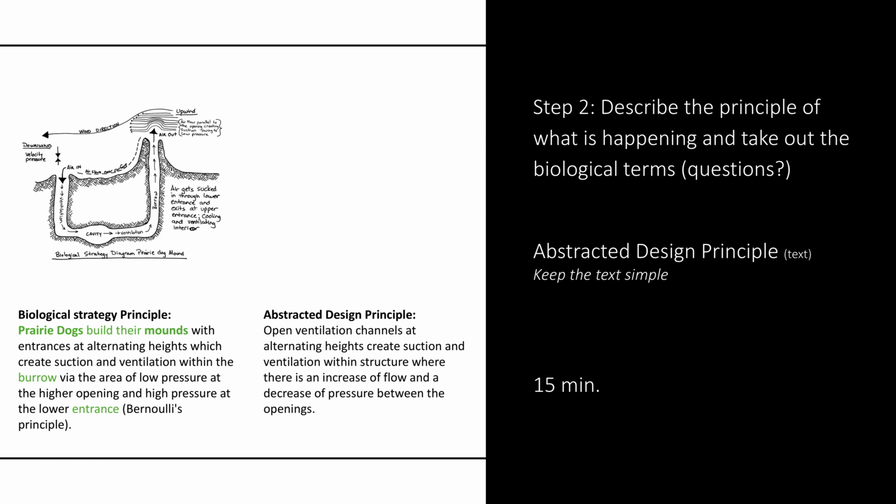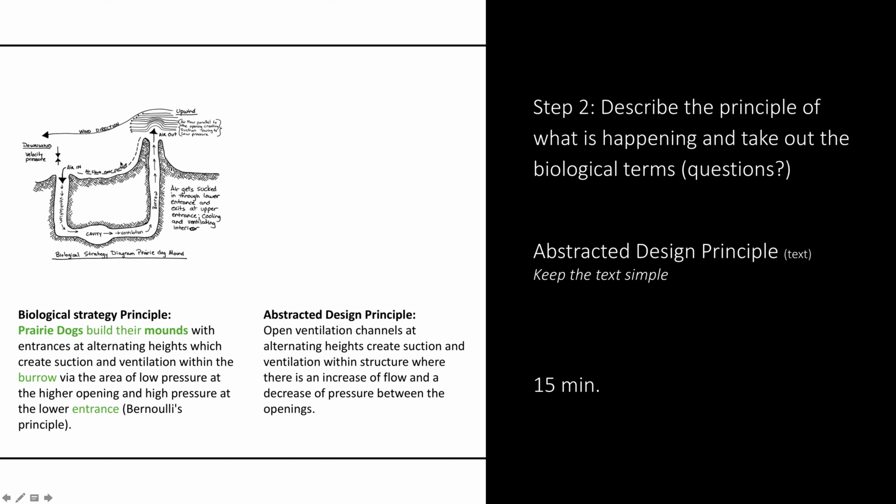Okay, once you have the biological strategy clear in your minds, then you can go on to step 2. This is describing the principle of what is happening without the biological terms. So here you can see prairie dogs build their mounds. You take that out and you talk about, what is this? Every abstracted design principle could be different, but you could say here, open ventilation